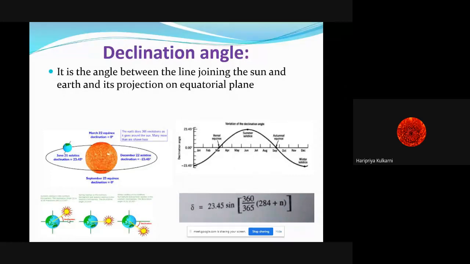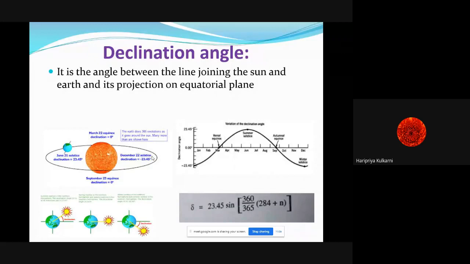At different times of the day and different months, this declination angle is obviously going to vary. I have shown here three positions. See the central position, where the sun's axis and the earth's axis are coinciding with each other. Hence the declination angle here is 0 degree. Here I have shown a positive angle towards north. Here I have shown another position of the sun where the declination angle is towards the south, which is a negative angle. This diagram we have also studied in our previous sessions.